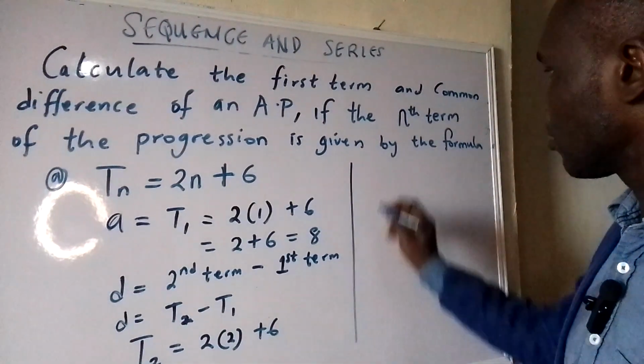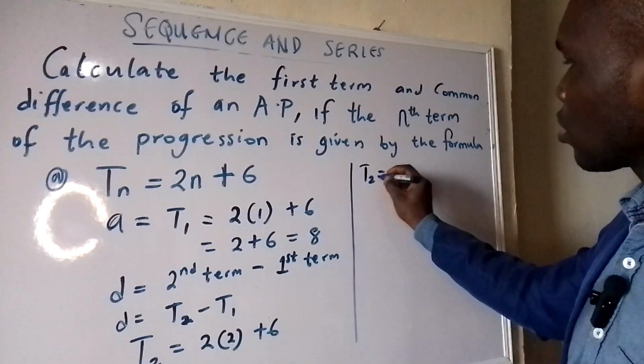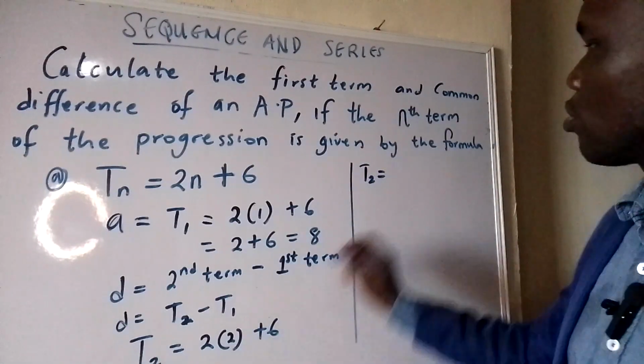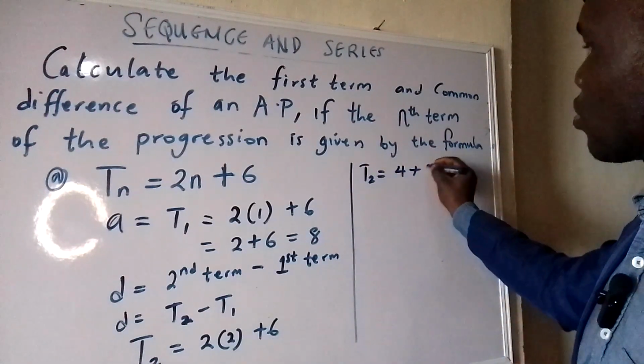So I have t2 is equal to 2 times 2 is 4, plus 6, which is